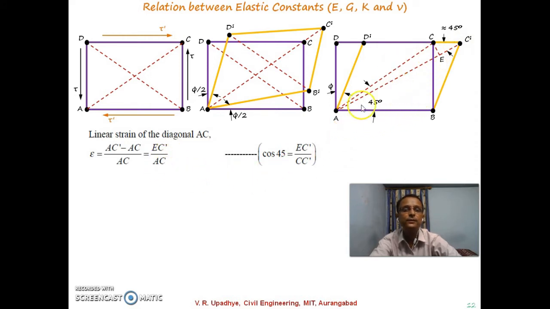If we go through this diagram, the relation between this EC dash and CC dash is cos 45. If this angle is 45, and we consider this very small angle over here,